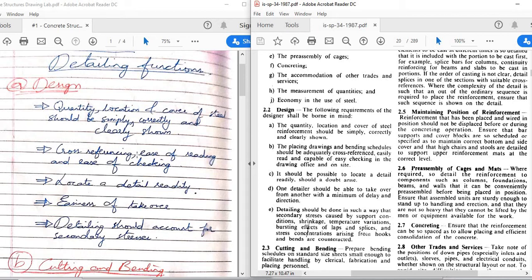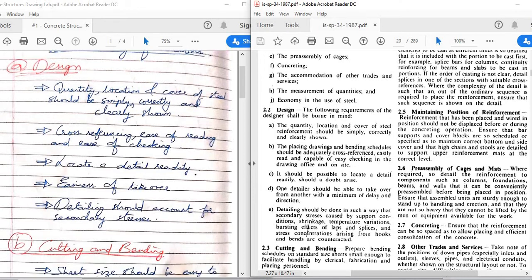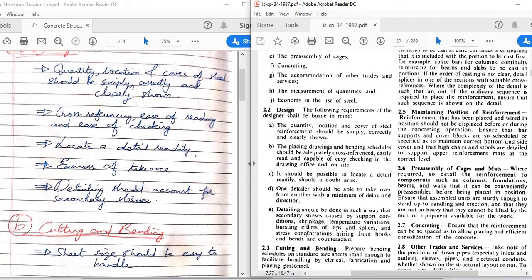Now we know that a particular project has a set of drawings. First you have general notes, then you have the foundation layout plan, then you have the foundation detail plan in which each foundation and its detailed drawing will be there. Then there is the column layout plan, and for each column layout plan there will be a separate column detailed drawing and things like that. So the drawings should sufficiently cross reference. In the plan of the column layout drawing itself, it should say the details of this drawing are given in so and so sheet number. So all that cross referencing and easiness of checking should be there.